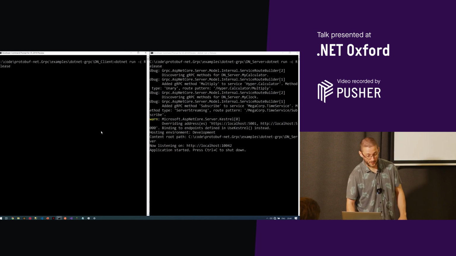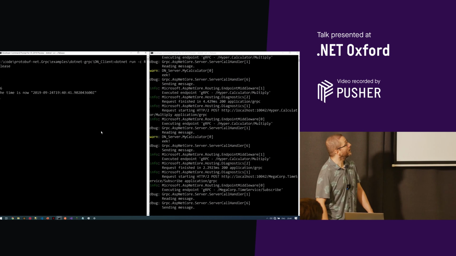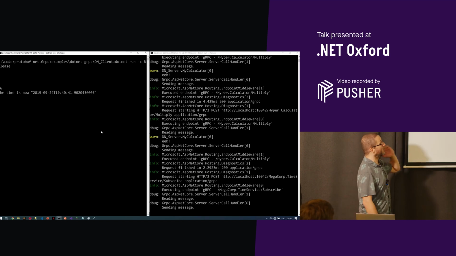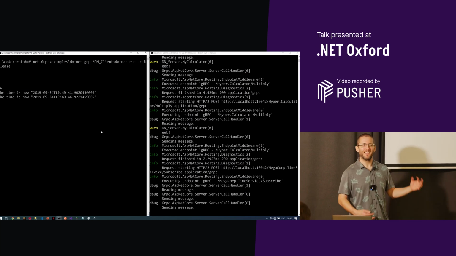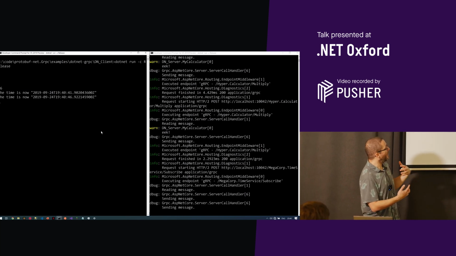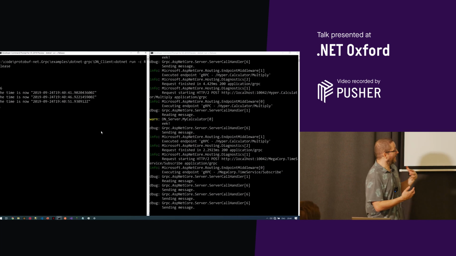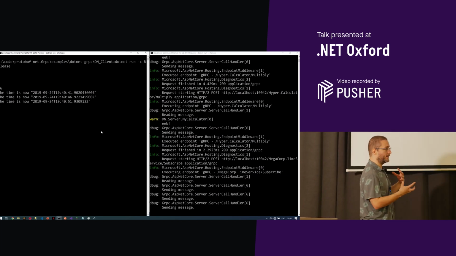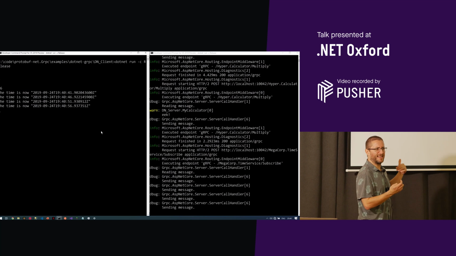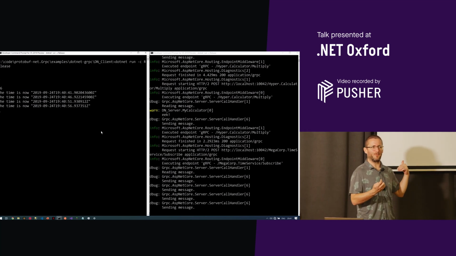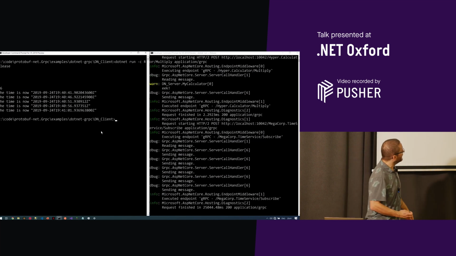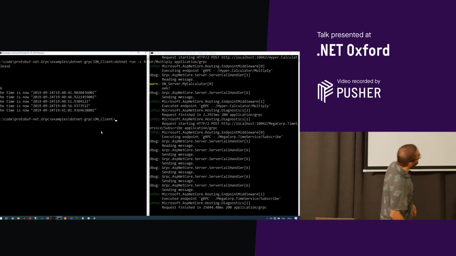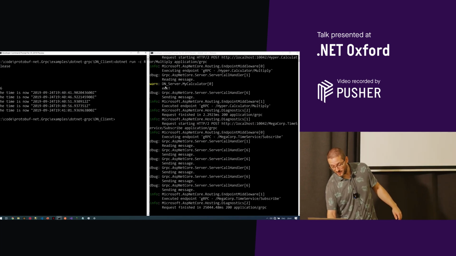So what we should now be able to do is run our client again, and the client doesn't know or care which one it's listening to. I think it can sniff the endpoint. I think the Kestrel one happens to send an HTTP header that identifies it, but normally you shouldn't actually care who the server is. But you can see there, it did work. Did we get a warning? Yes, we got an eek at the top there. So that was our